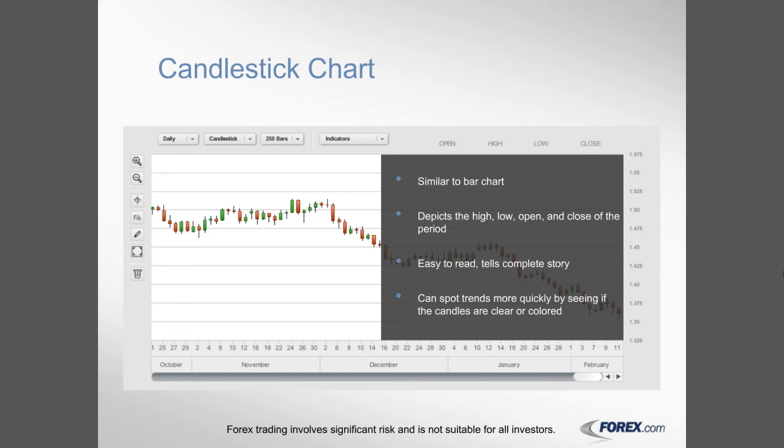This is what's called the body of the candle. The vertical line on top of the candle is the wick. The vertical line below the candle is what's known as the tail. And these vertical lines on top and bottom are also referred to as an upper shadow or lower shadow. But basically, each candlestick displays the high, the low, the open, and closing price points over a specific period of